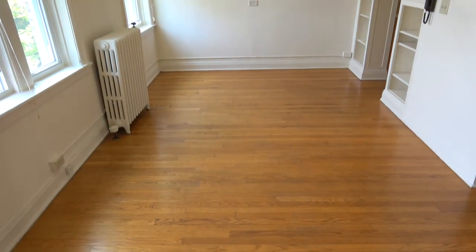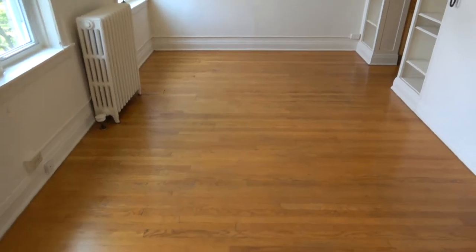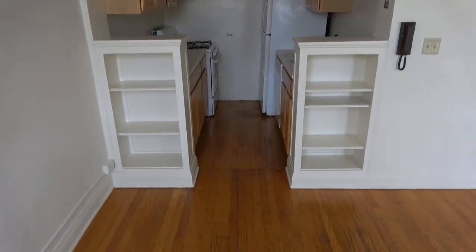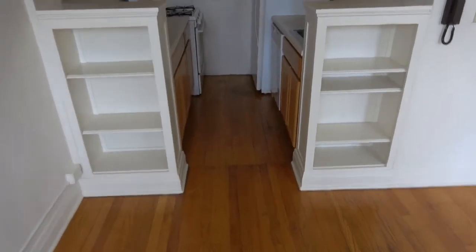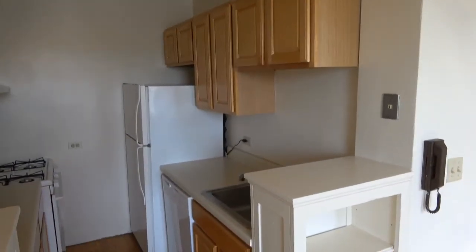Standing at the far wall, I look across. This room is big enough so it can be divided up into a living and a dining area. The dining area would be this area here, which, if we look across, we see the built-in closets, an old intercom exchange phone, and some built-in cabinets. We also get our first look at the kitchen, which for a smaller apartment really has a lot of cabinets,